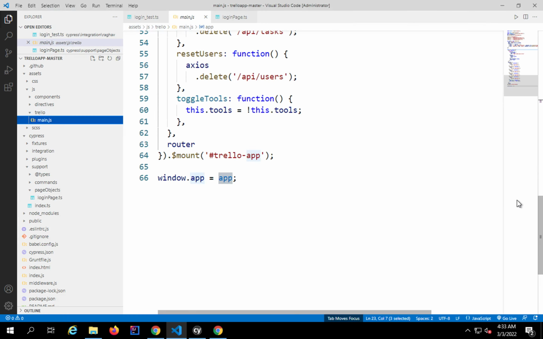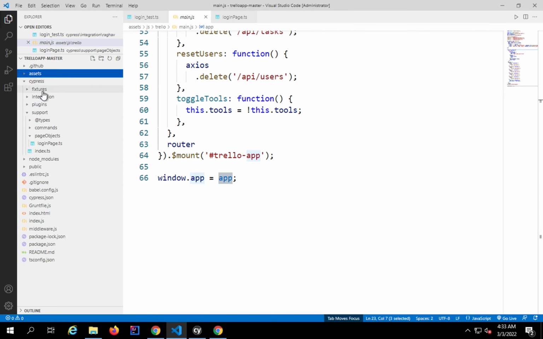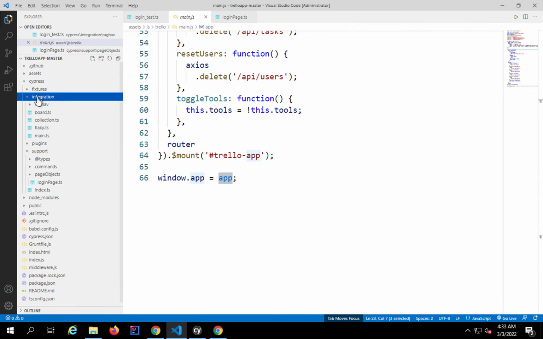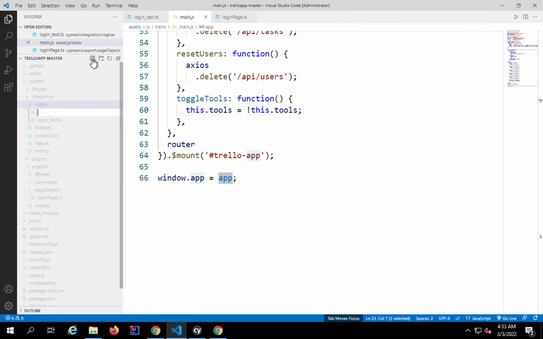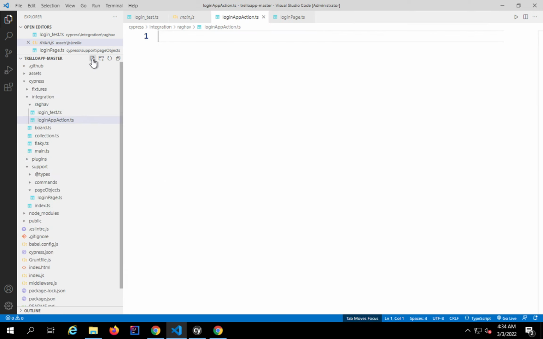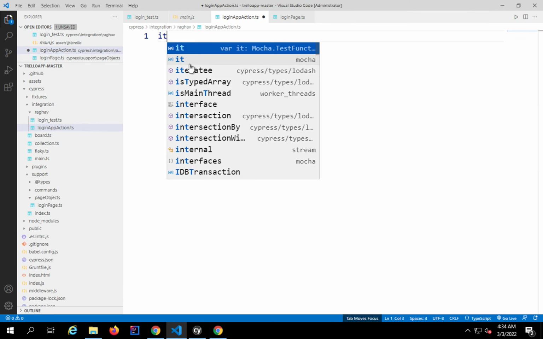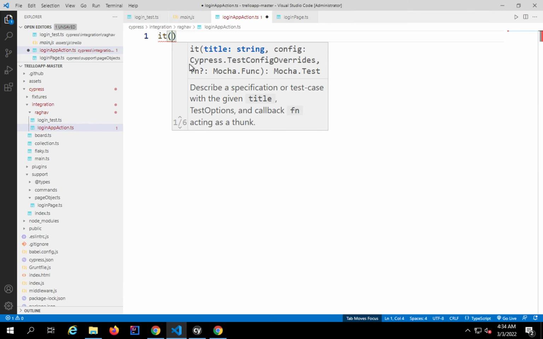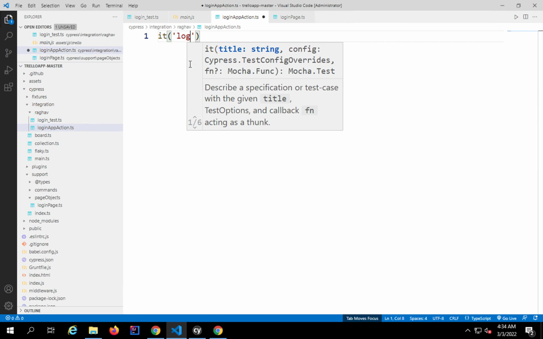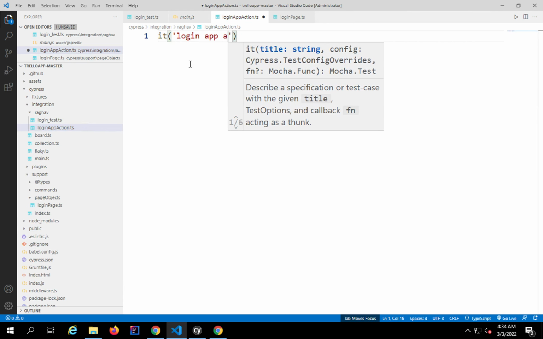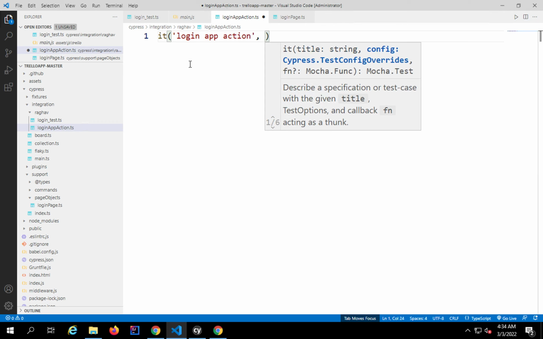So here in my VS Code, I'm going to create another test here. I will create a new file. I will call it loginappaction.ts, and here I will create a test. I will call it login app action,